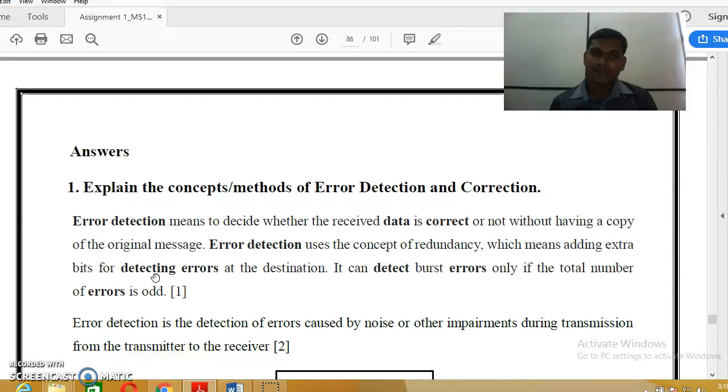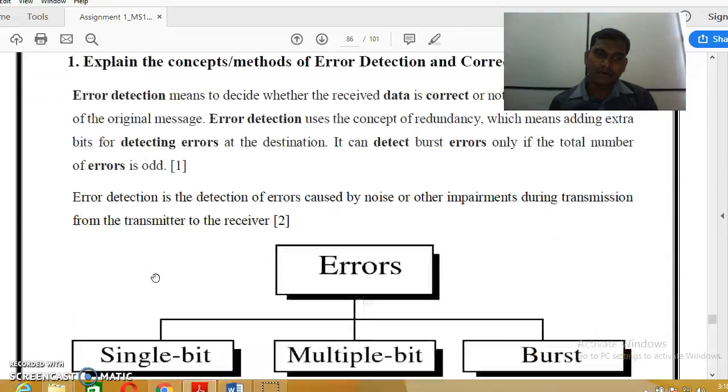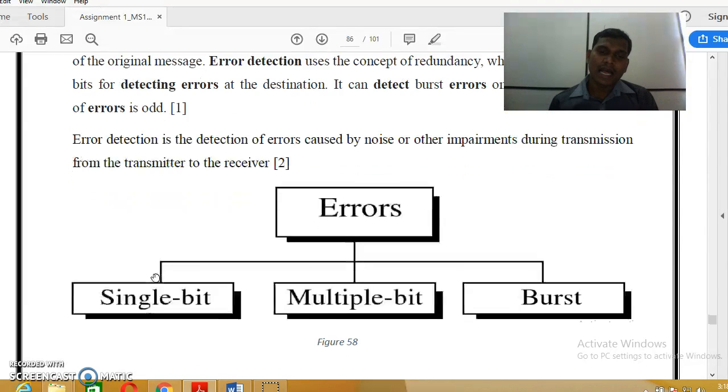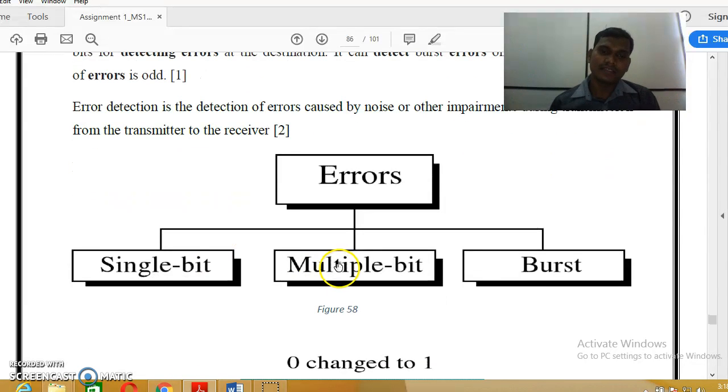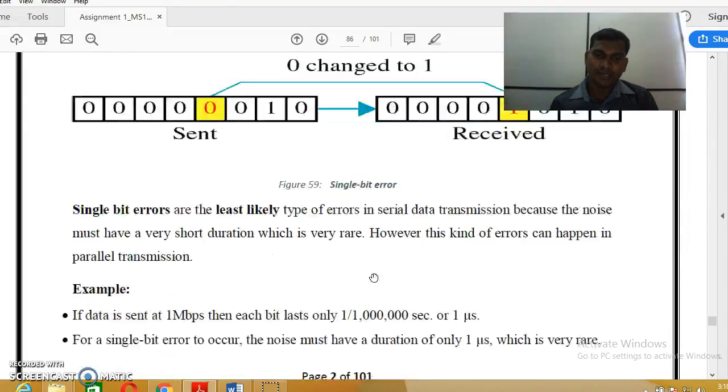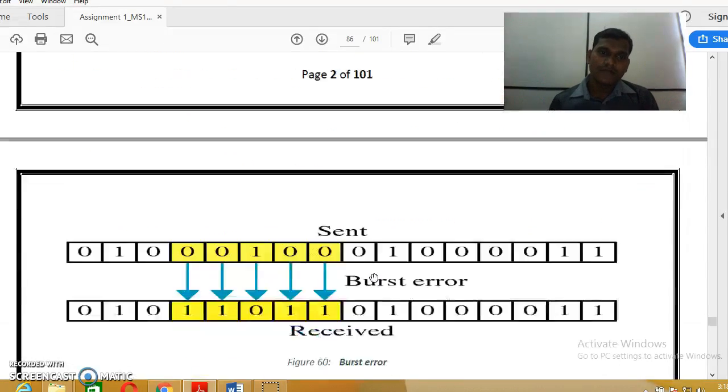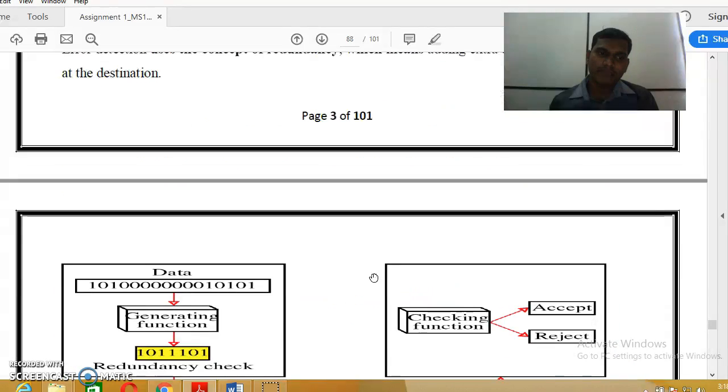You can detect burst error only if the total number of errors is odd. There are different kinds of errors. These are the different kinds of error: single bit error, multiple bit error, burst error. Right? Now we are going to look at the error